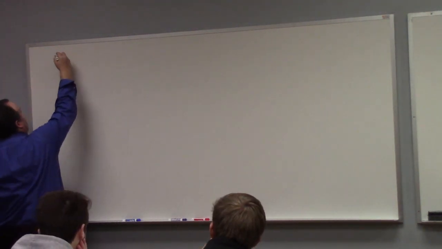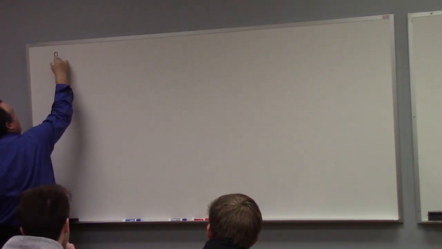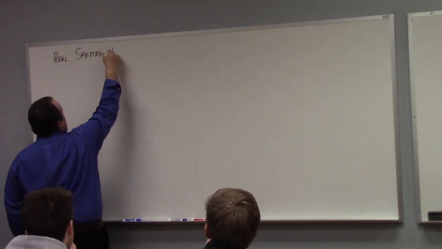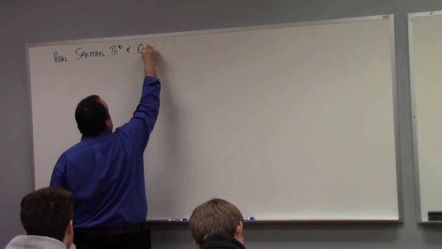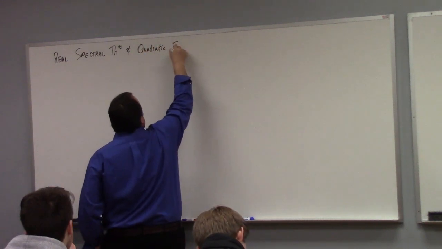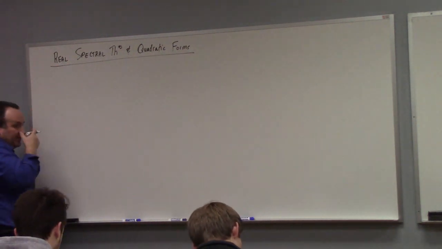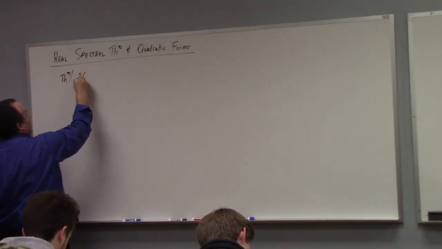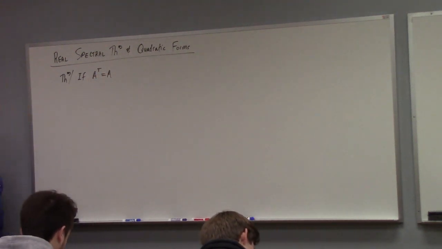Today I'm talking at least a little bit about the real spectral theorem, and quadratic forms. First of all, what's the real spectral theorem? I think I've stated this before, but let me state it again. Theorem: if A transpose is equal to A, in other words, it's a real symmetric matrix, okay? Then